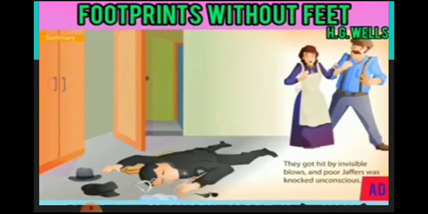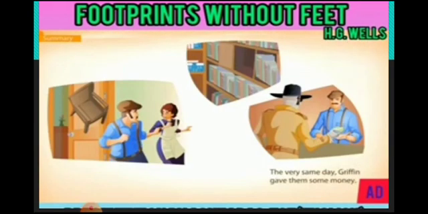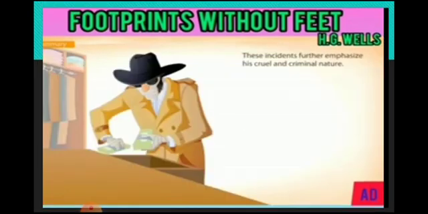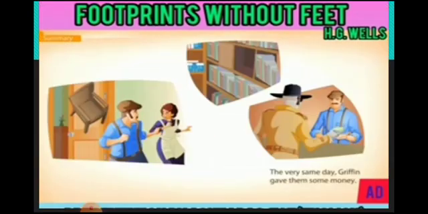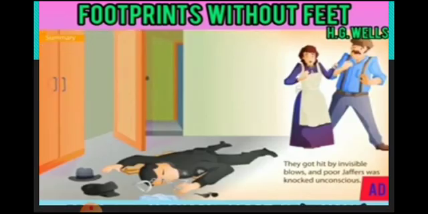So, students, here H.G. Wells has given you the message that even though the central character, Mr. Griffin, was an exceptionally talented and intellectual person, he could not make the correct use of science, and instead of helping the people, he misused science and his knowledge. So what happened? He was able to make himself invisible and he was escaping very easily from the hands of the police also.